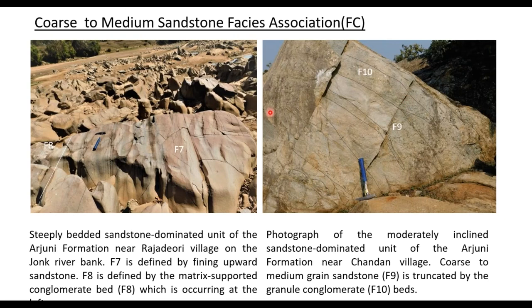The coarse to medium grain sandstone facies association FC consists of 4 facies, F7, F8, F9, and F10. F7 is the massive to graded sandstone, which is amalgamated to very thick sandstone unit, and F8 is the granule conglomerate, a matrix supported granule conglomerate unit occurring with the F7 unit. F9 is the very coarse grained sandstone, trough cross-stratified, and F10 is the granule conglomerate unit, where cross stratification is also preserved,